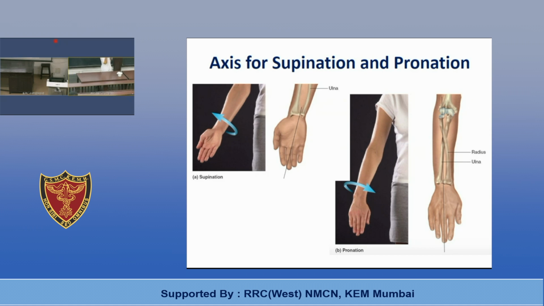Okay. So the upper part of the axis is fixed, at the head of radius. Then it will pass approximately in between the radial and ulnar styloid process, but more appropriate will be the ulnar attachment of the articular disc, and lower down it will be passing through the little finger when your forearm is resting on a surface, and when it is mid-air, then it is passing through the middle finger.